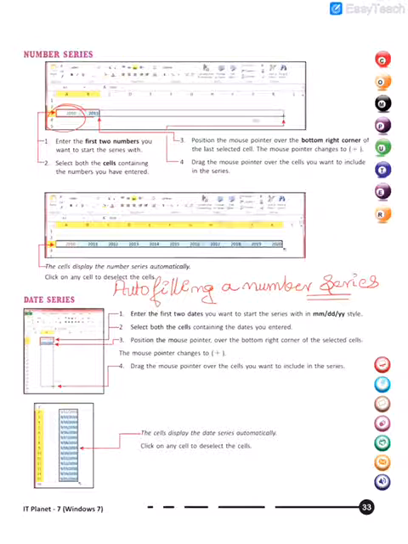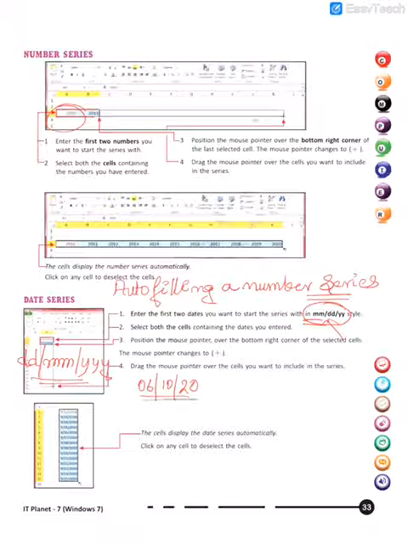Now similarly we can do it for dates. Normally how do we write a date? Double D, double M, triple Y. This is the date, month, year. In Excel we have to put the date in this order. That is, you have to give the month first, date in the middle, and year at the last. After typing the date in this format, suppose I write today's date, that is 06/10/20.